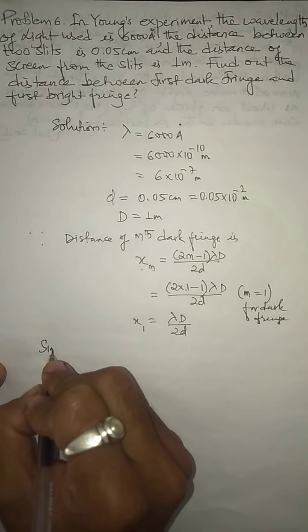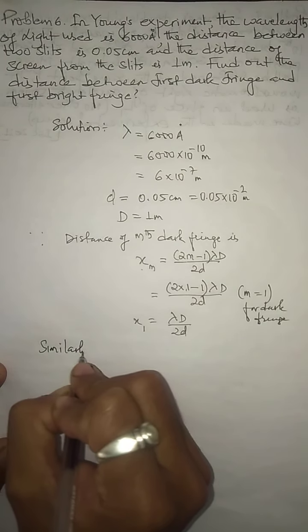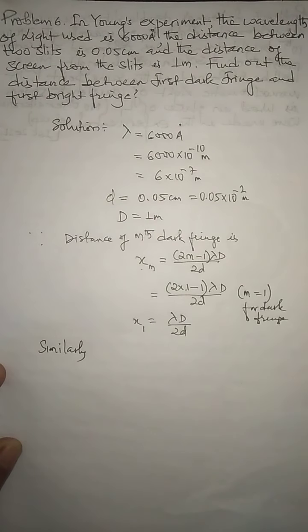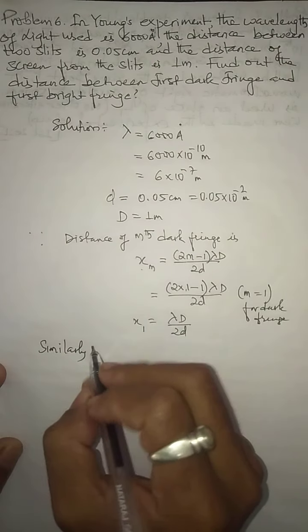Similarly, I calculate the distance of the first bright fringe also. For the first bright fringe also there is a formula. See, the distance of